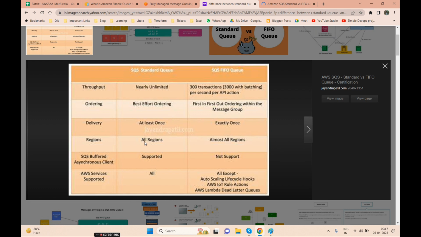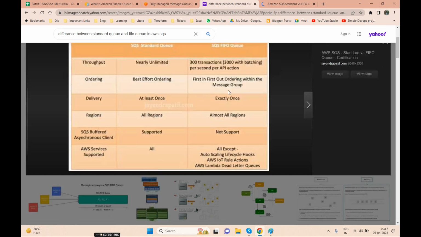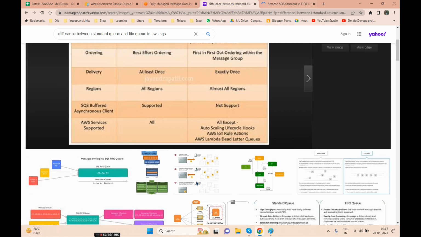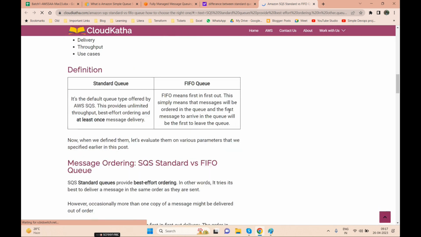See, this is one article, or let me look at another thing.